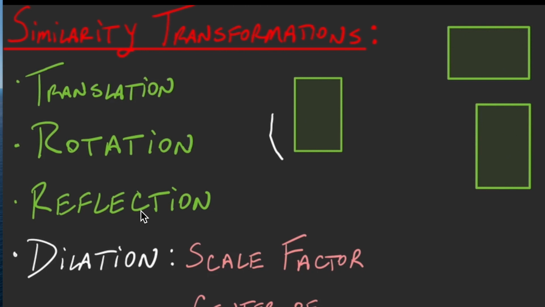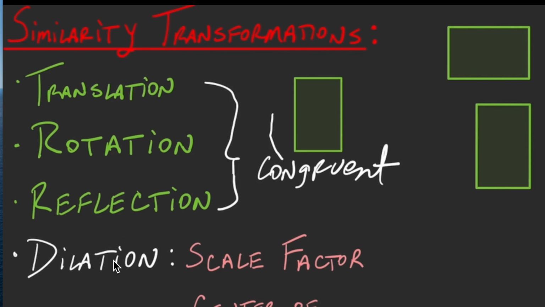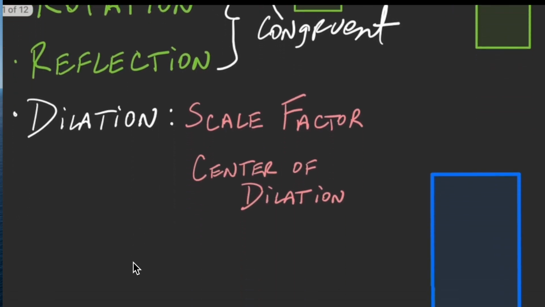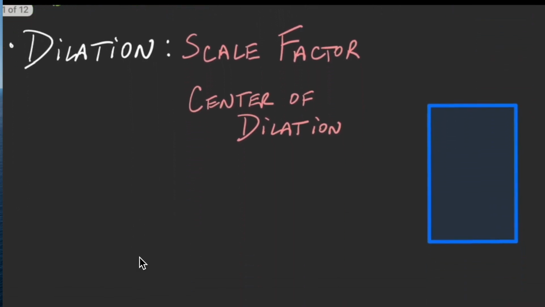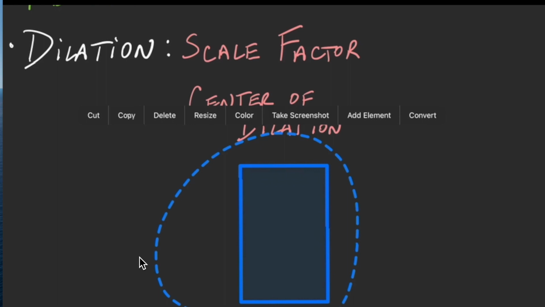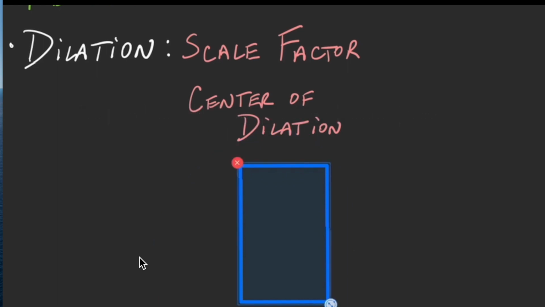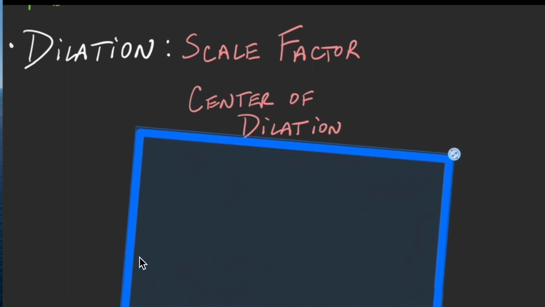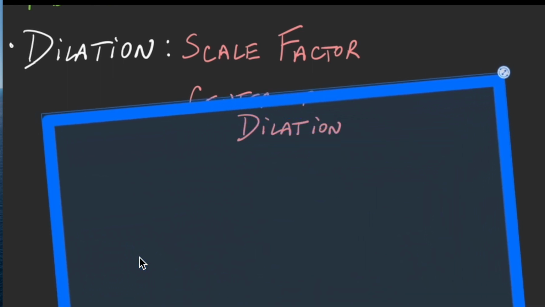Reflection, also a rigid transformation. So all three of these result in a congruent image. However, the fourth and final transformation listed is a dilation. And with a dilation, you have both a scale factor and a center of dilation. So if we were to take this and resize it, the pre and post image would not be congruent, but